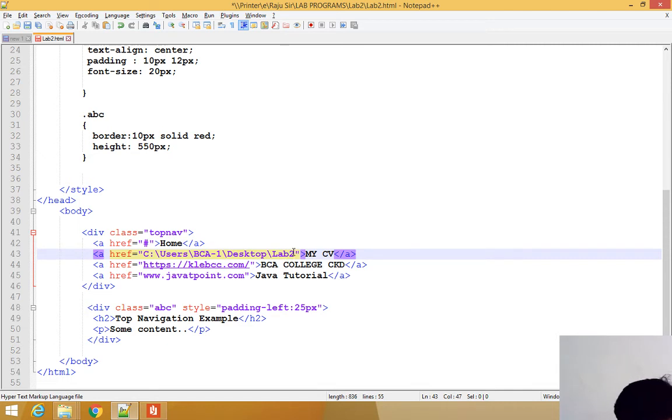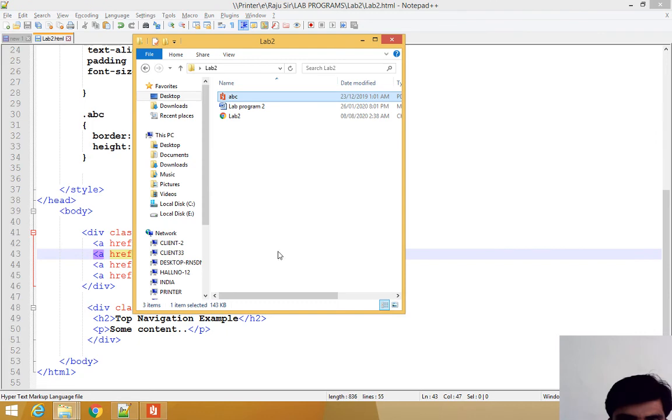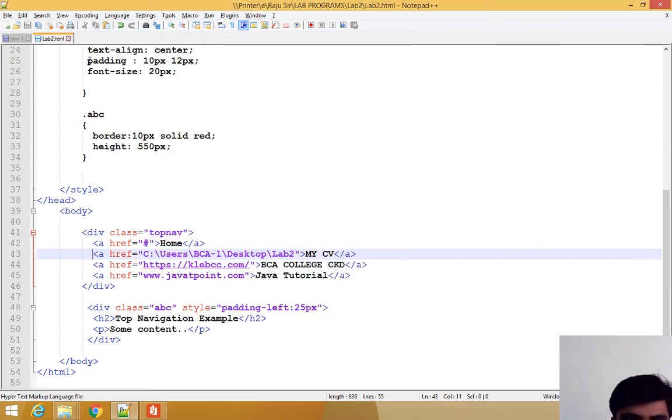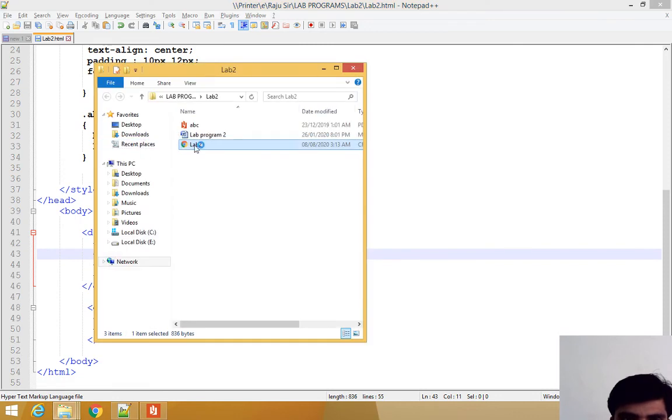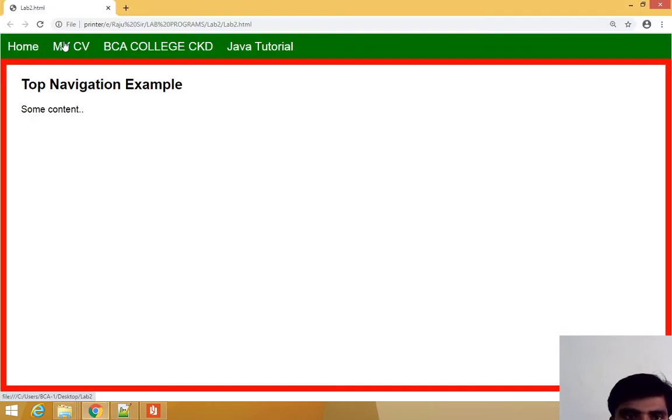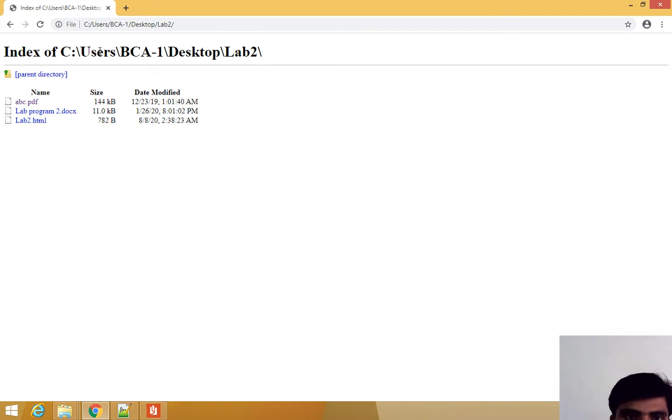In lab 2 I am using /abc.pdf, that is the file name with extension we need. I will show you how it shows without the file name after executing. See, this is when I click my CV, that shows without the file name, but if you want to click like this also, it will work.